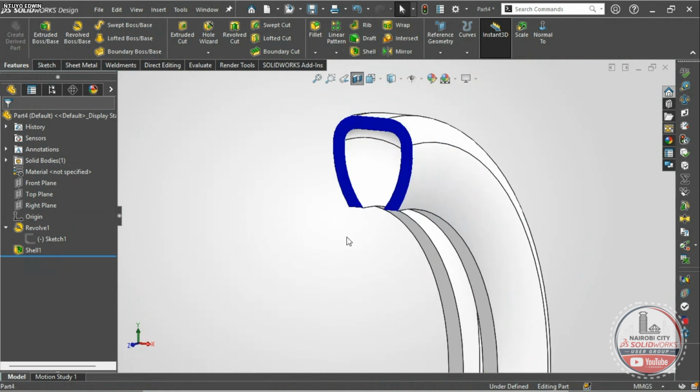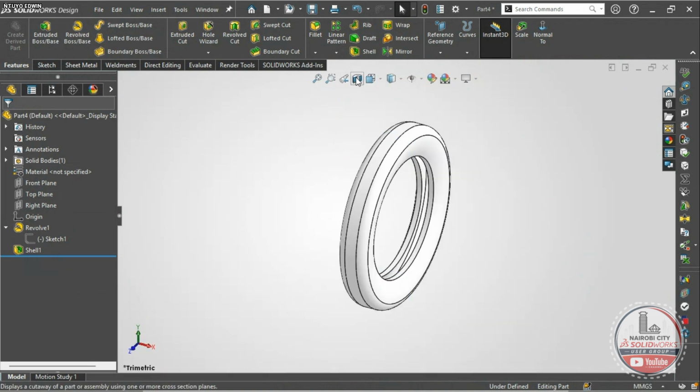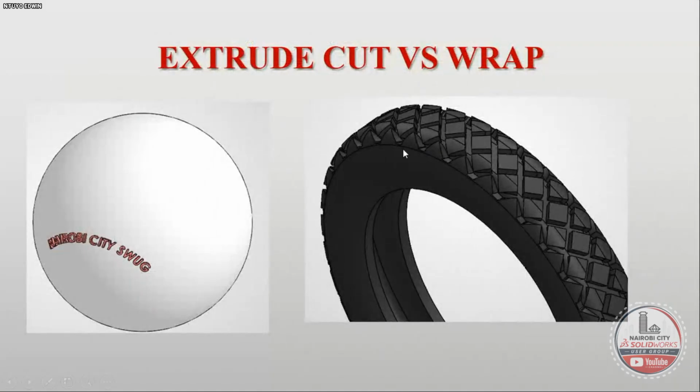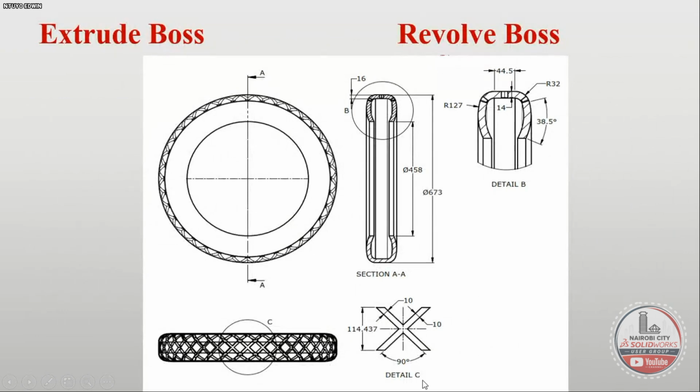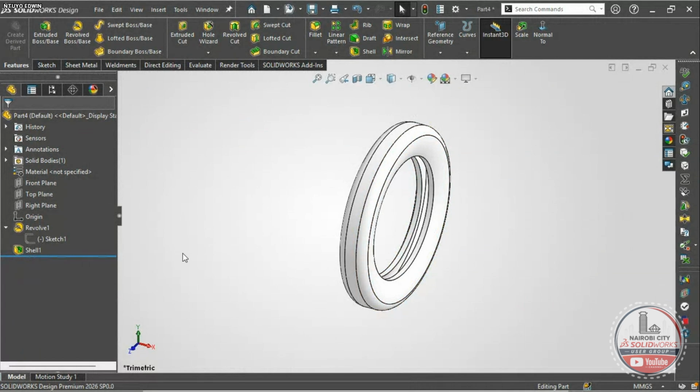So when I have something related to this as a tire, and you find that I have to put, so this is the tire we are trying to come up with. If I try to bring in these other gaps, you find that now here you don't need to use what they call Xcode cut. The main point here to use is what we call warp. So here we are going to use warp, and in warp we are going to follow this detail at point C. So when I go back,